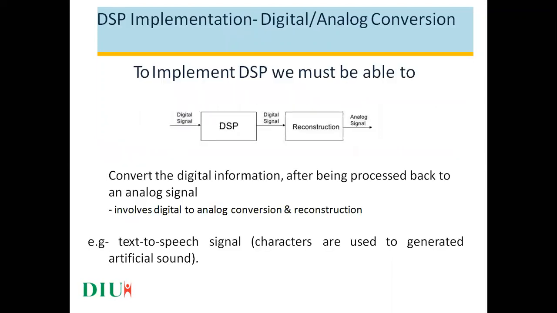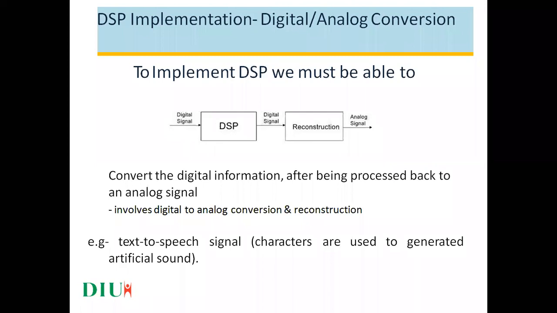Now let us see how DSP implementation is done. This DSP implementation can be done by either analog or digital conversion. To implement the DSP, we must first know the DSP processor and then how the processed signal can be reconstructed. The very first thing to remember whenever we study DSP is that the input will always be an analog quantity, not a digital quantity. Therefore the very first operation is the conversion of the analog signal to a digital signal.